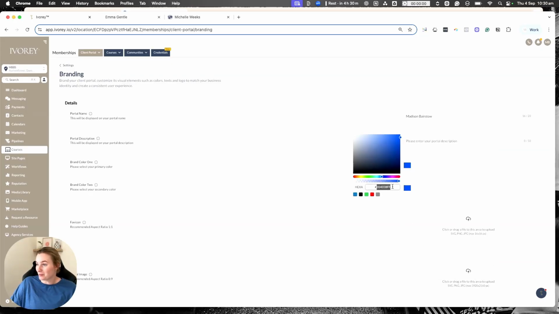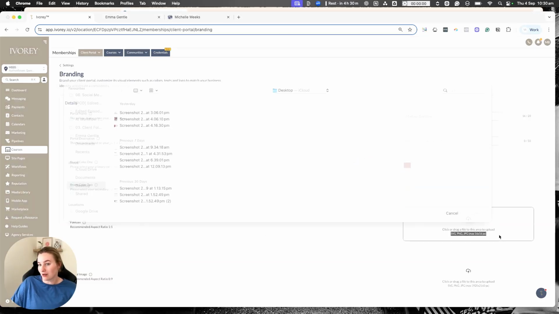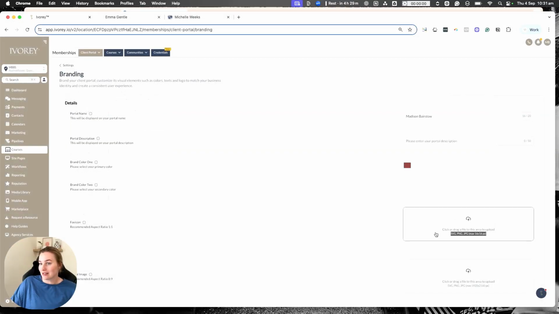All right, so I'm going to pop in this color for the first color that I want to use, and my secondary brand color I want to use is this one here. For now, you can always change this if I don't like the look of it. Okay, the favicon, you need it in 1-to-1 ratio. So a really nice thing that I like to do is just use an online favicon